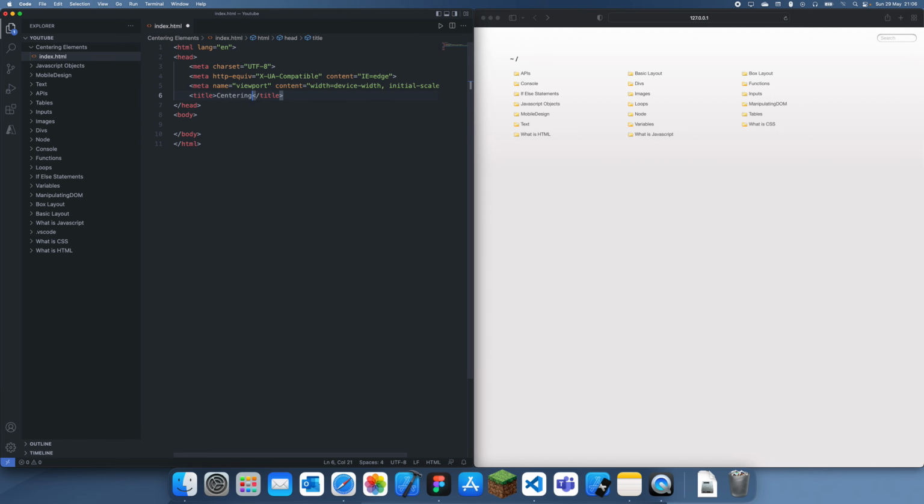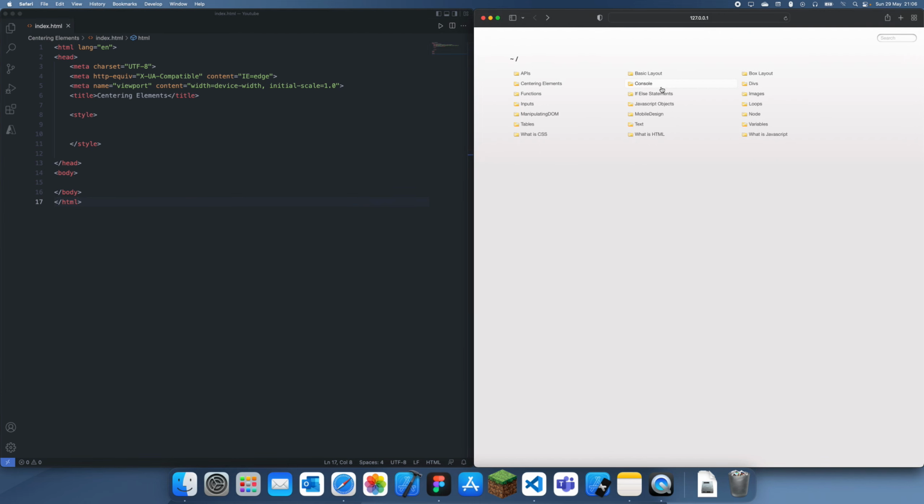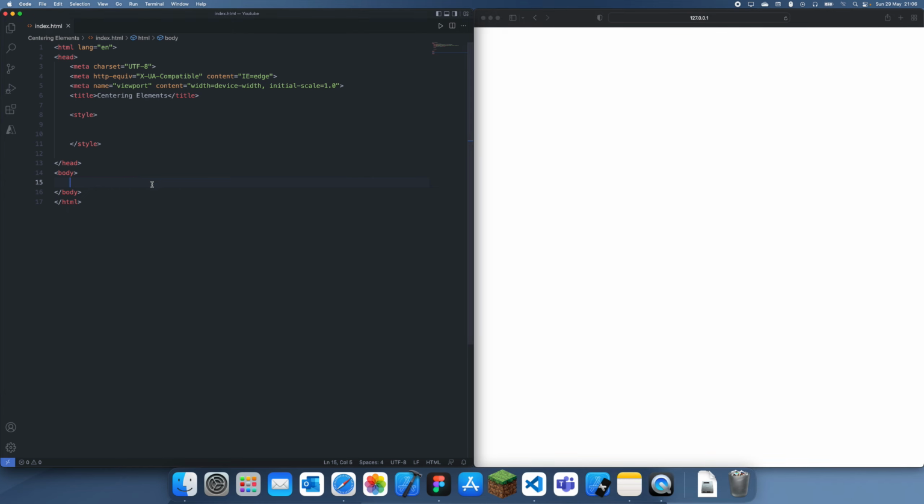I'm not actually going to create a CSS file because most of these are going to be quite short, so we shouldn't need one. We should be able to just use the style tag in HTML and do it like this. So let's go over here. Okay, centering elements. I'm sure you know what I mean, but if you don't, let's